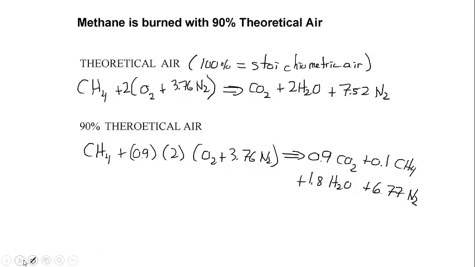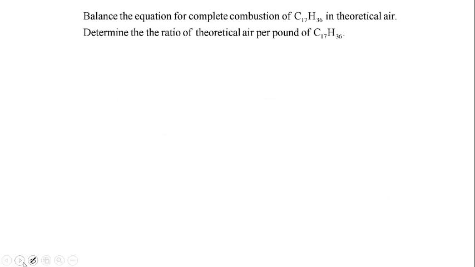So let's try an example problem. The problem is: balance the equation for complete combustion of C17H36 in theoretical air, and determine the ratio of the theoretical air per pound of fuel. So we have here the chemical reaction C17H36, and I'll write out the equation for you. I'm not going to expect you to know all the reactions. Plus 26 moles of oxygen